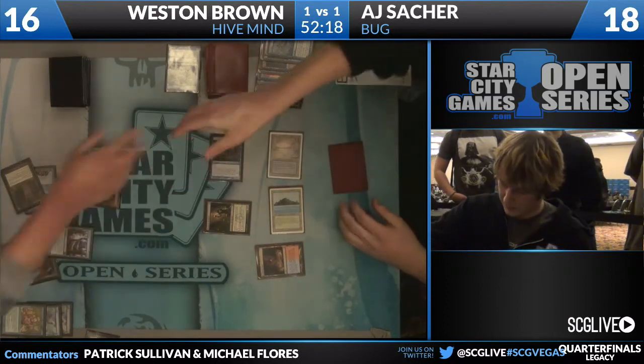Yep. There's the hand. Weston Brown, 2-1 over AJ Sacher. Some nice pulls in that match. He's got a lot of things to pull there. Yeah. He's done another Monolith, a 2-mana land. No, another Monolith,